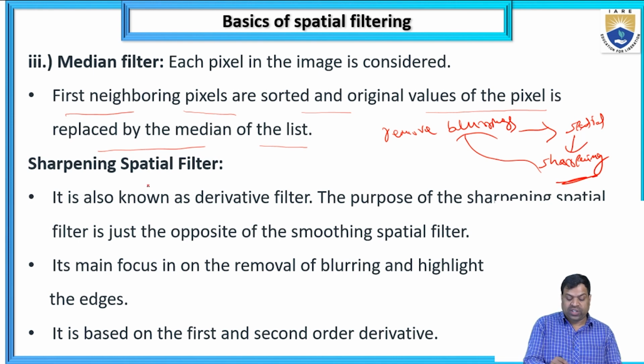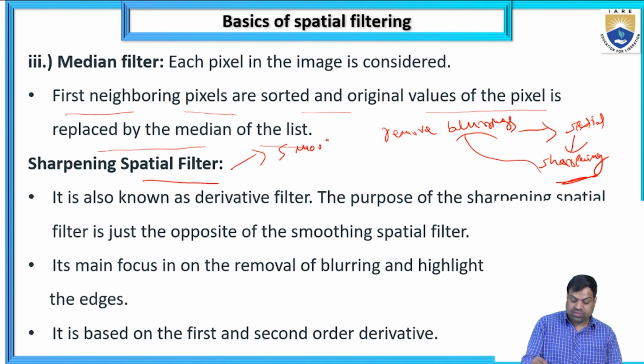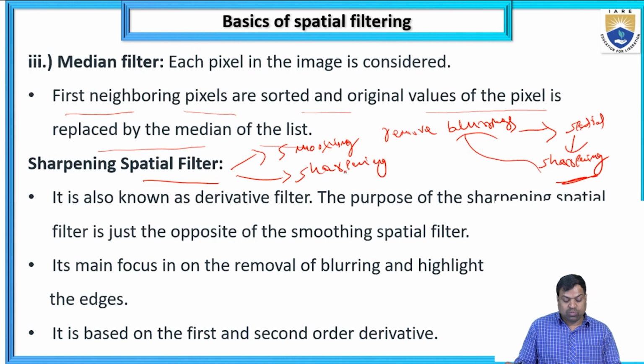So in the spatial filter, two types are there: smoothing, and the second one is sharpening. In smoothing, we remove the noise. In sharpening, we remove the blurring. It is also known as a derivative filter. The purpose of the sharpening spatial filter is the opposite of smoothing. The main focus is the removal of blurring and highlighting the edges, and it is based on the first order and